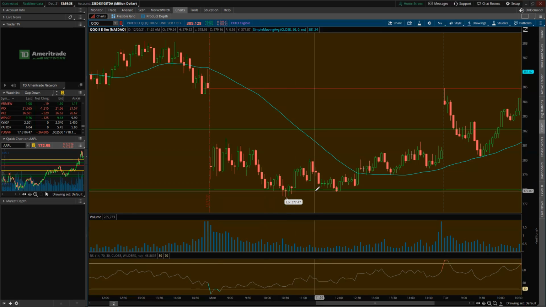So as the day progressed, it just kind of moved sideways, and then it finally caught its legs, got up above this 50, and went up, and then of course led us into today. Now look at how this gap started right here at this gap fill. So even though on this particular day it didn't fill the gap that it created the prior night before, it